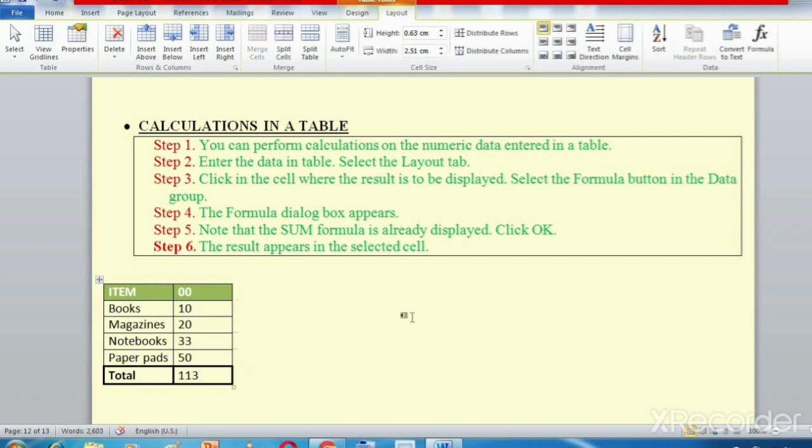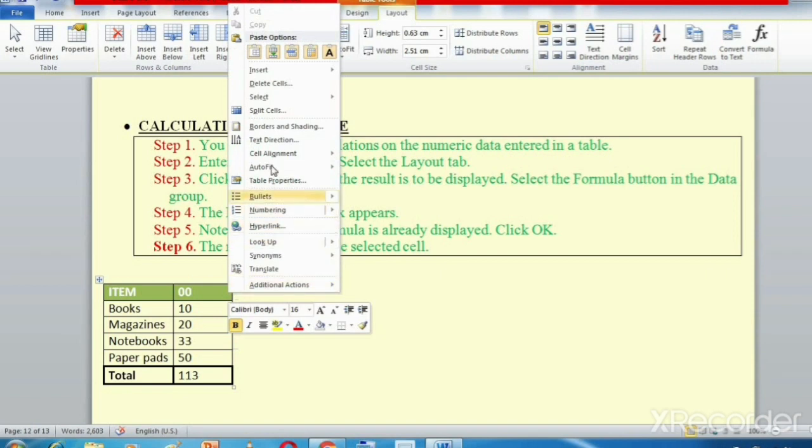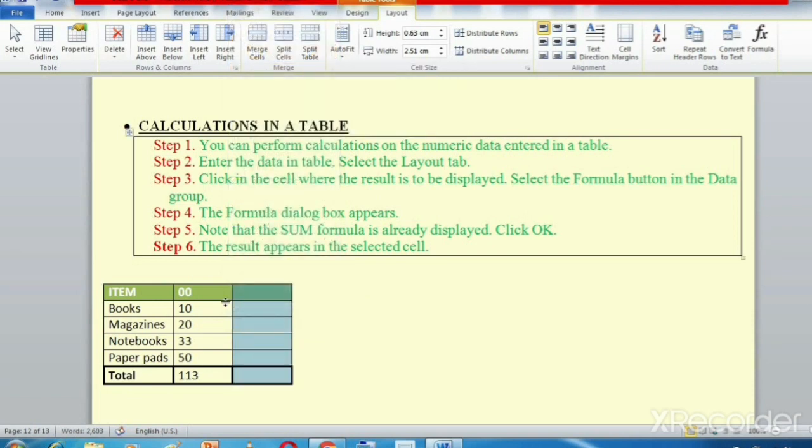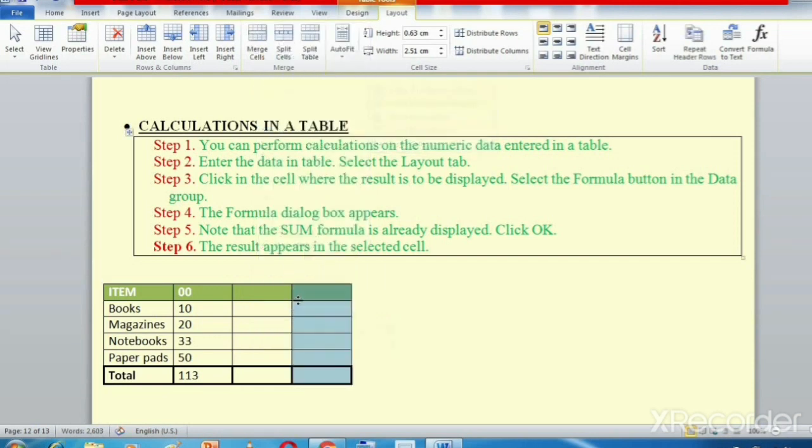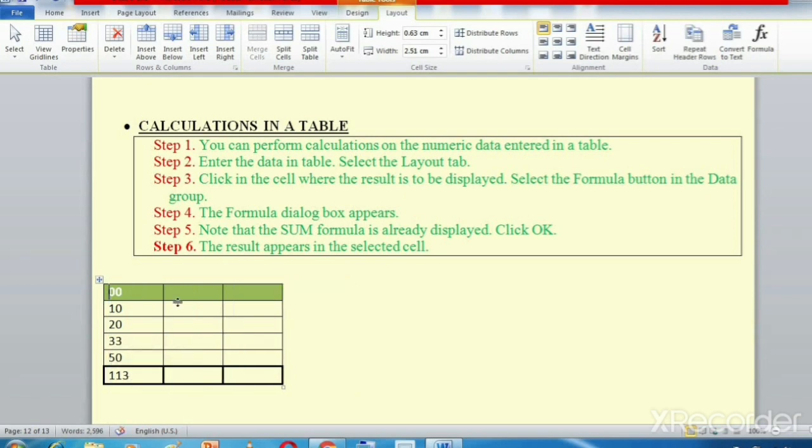In the same manner, students, you can also perform addition of other data. I'll show you. Insert columns to the right. Now see, suppose 10, 50, 60, 70, 80.